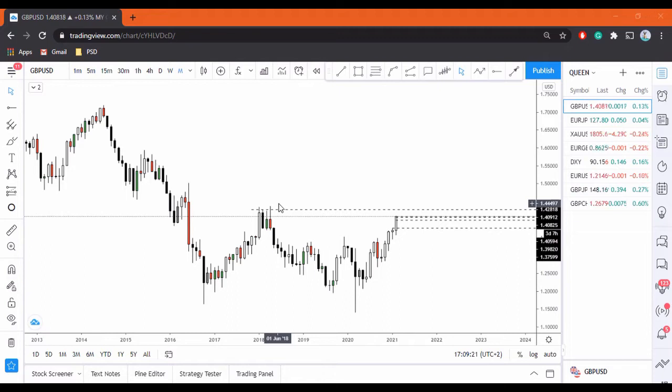So remember when we discussed how banks place their trades, right? They cannot place their big trades all at once. They have to place their trade, price moves, and then comes back, fills some of their trades, moves away, and then comes back and fills some of their trades again. Because they need enough, if price is selling, they need enough buyers, and then